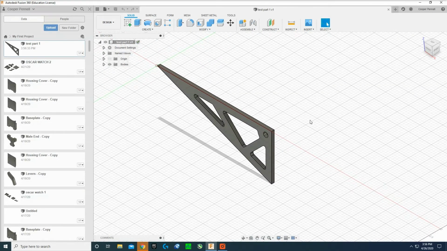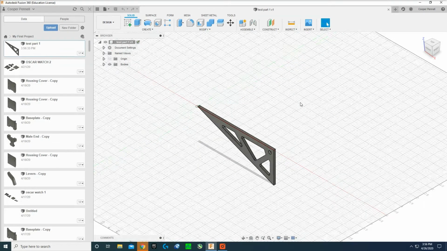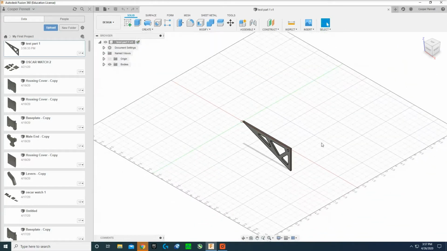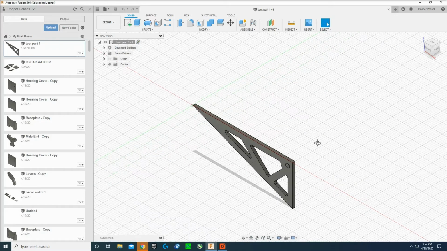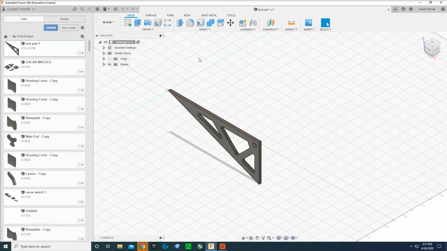The first thing that we notice is they give you a flat plane as a reference plane, and we want this part to be sitting flat on that plane. That way when we machine it, it looks better, it makes more sense, and we have the X and Y planes of the part in line with the X and Y planes of this larger plane here. So to rotate this part to make it flat,